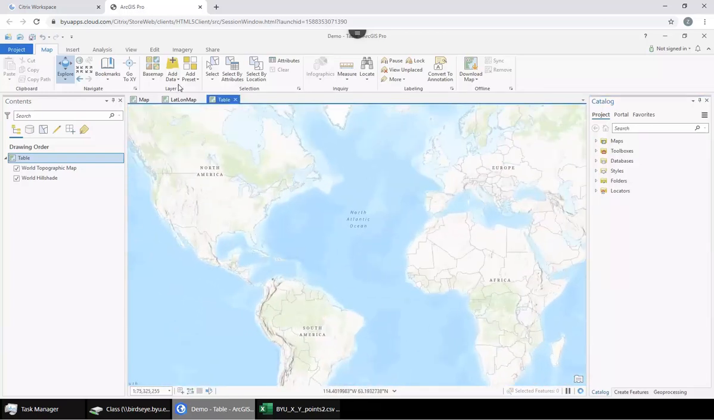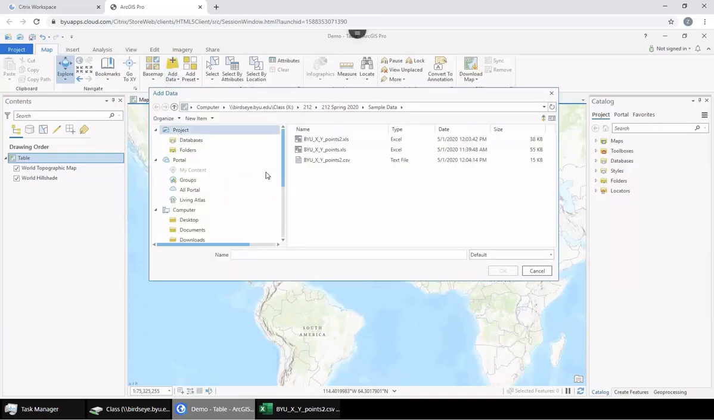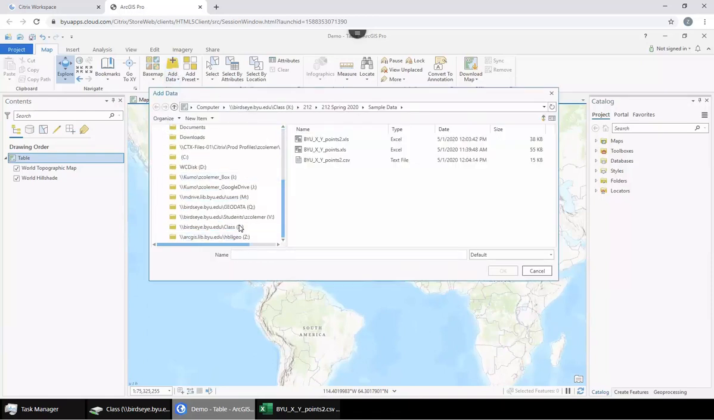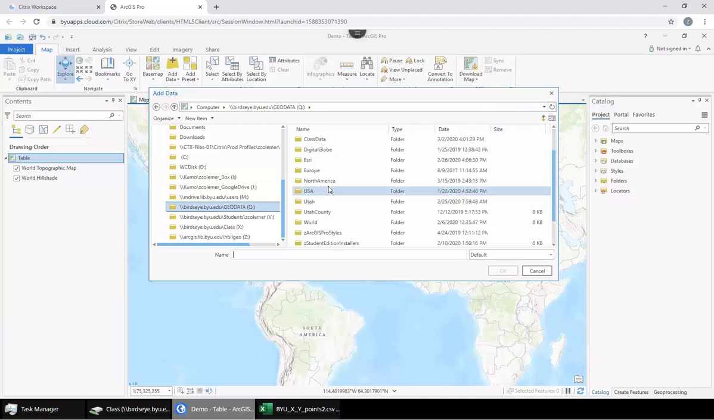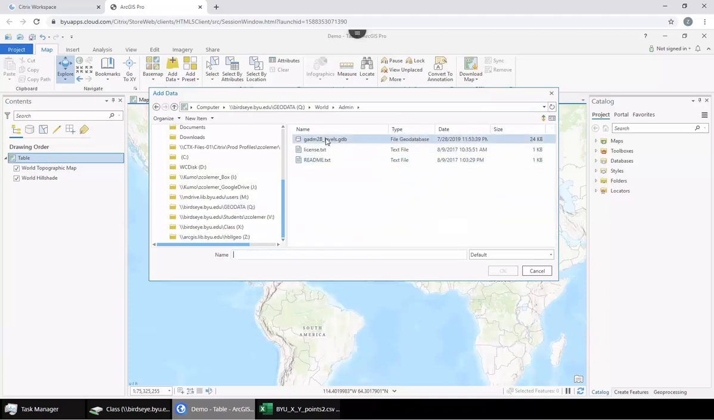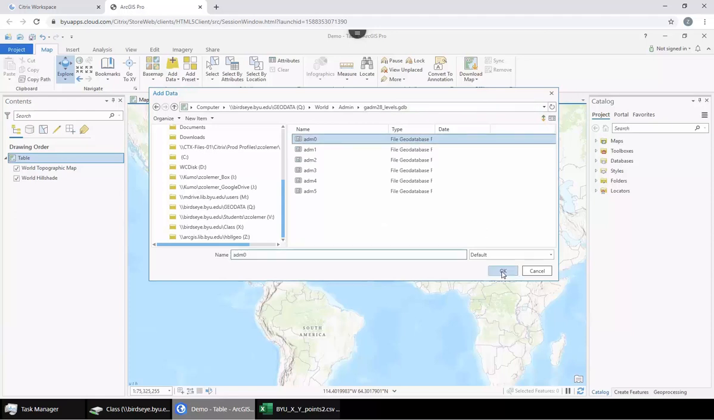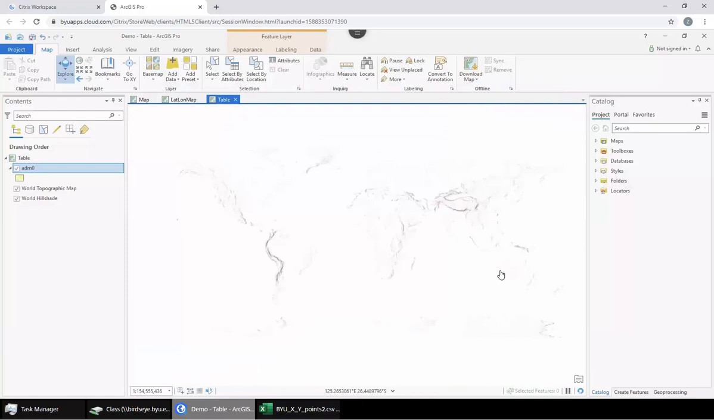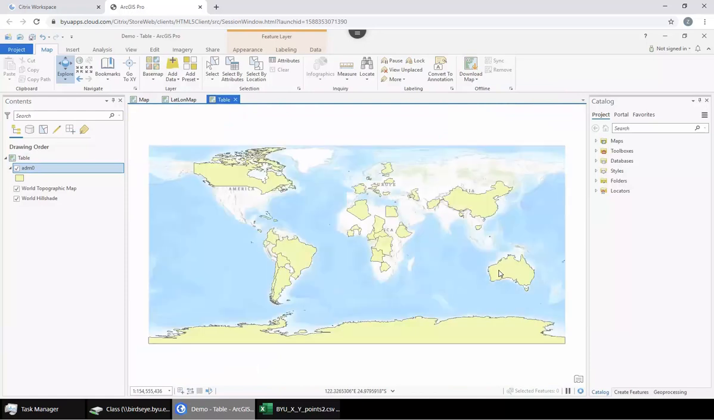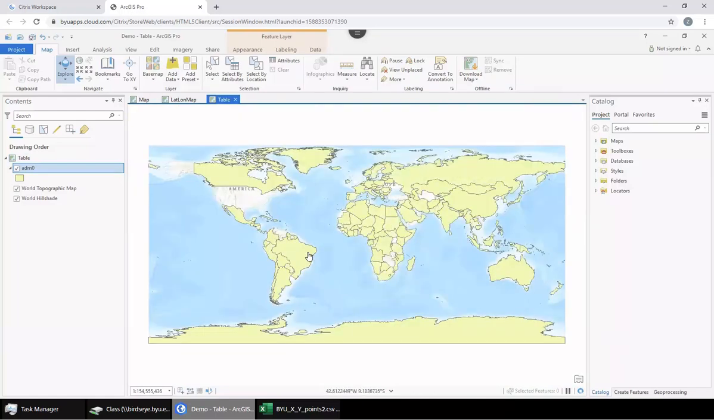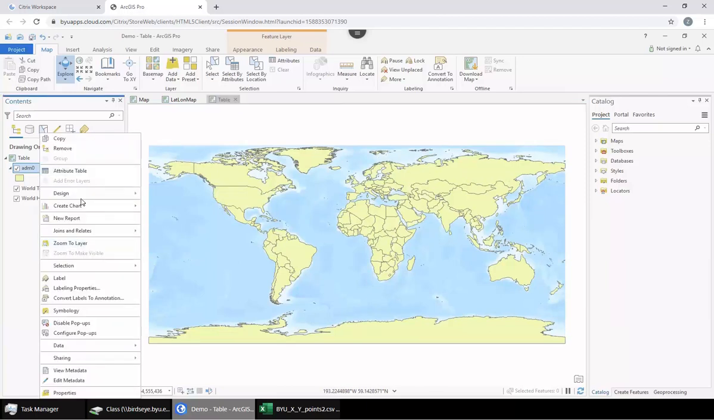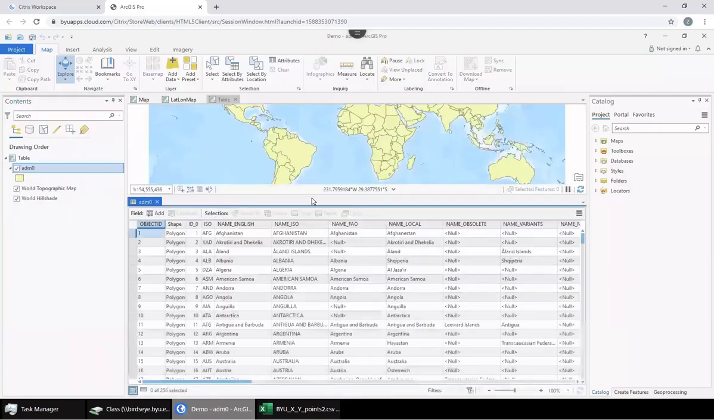world countries in it. To do that, we're going to go to Add Data, and it's going to be located in the Q drive. We're going to go to Q, we're going to go to World Data, Admin, we're going to jump into this geodatabase, and we're just going to click admin 0 and click OK. And it brings in shapes of all the countries in the world, at least currently considered countries by whoever made